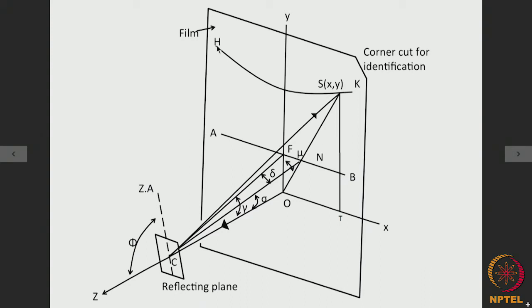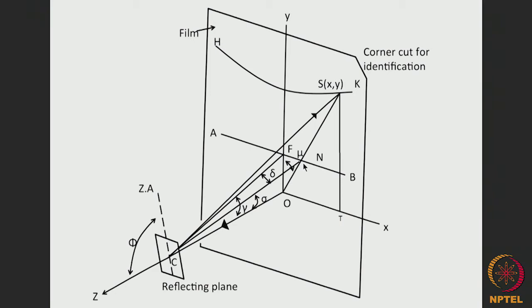So, we cannot identify the planes which give rise to this spot and all the other spots from the planes of that zone, but we know that any plane normal bisects the angle between the incident radiation and the diffracted radiation. So, this is the incident radiation direction and this is the diffracted radiation direction. So, the plane normal Cn bisects this angle, and even if we cannot find out the identity of the planes which give rise to the diffraction spots, it is possible to find out